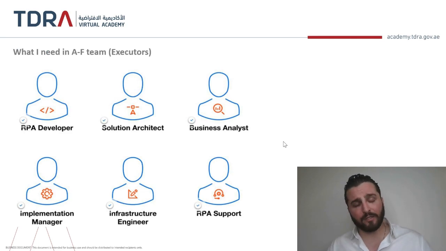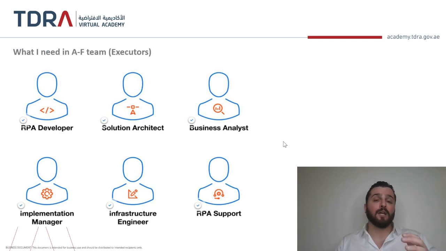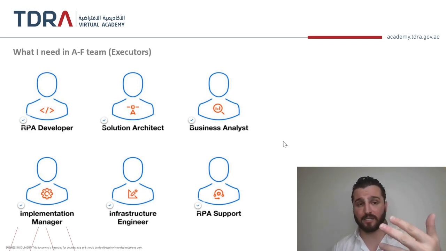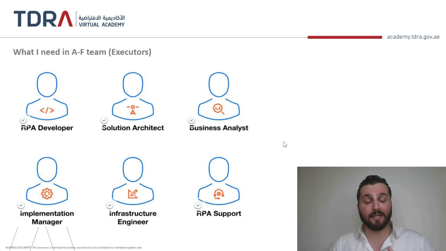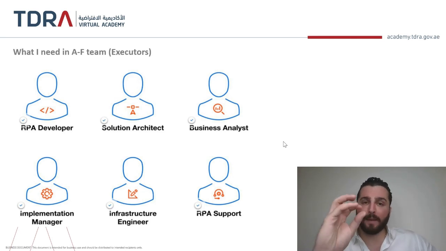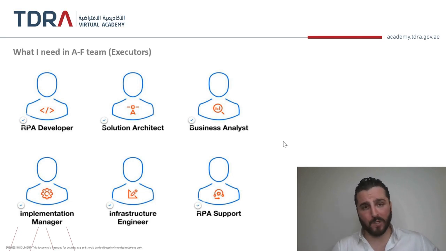Now, we mentioned the A to F team, and we need to know that when we implement the RPA projects, under the executors category, we said activators, browsers, creators, executors, developers, facilitators, and under executors, we'll have a sub inherited team that will be part of the execution team in the RPA, and we'll have different roles for these people, which is RPA developer, a person who is responsible to capture the processes and to capture the manual and repetitive process, put it into action using a certain tool, and make sure that the bot is working and capturing the right information at the right time with the right outcomes.